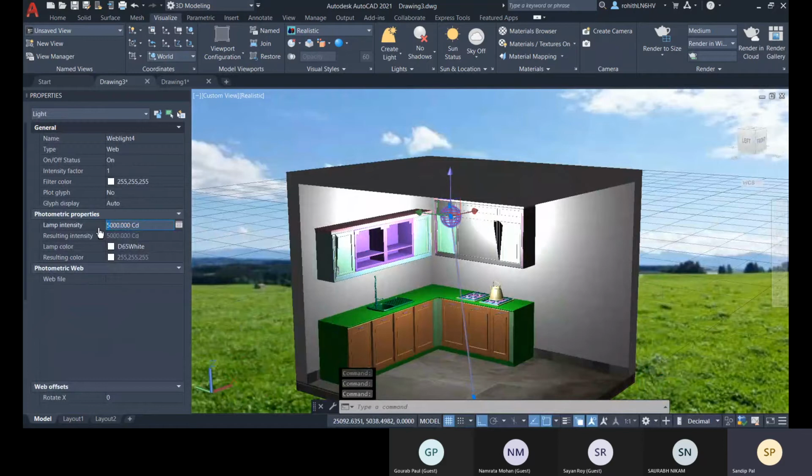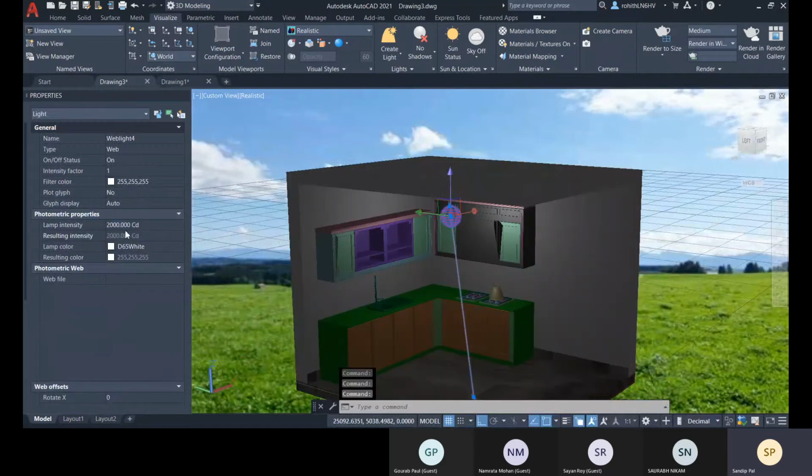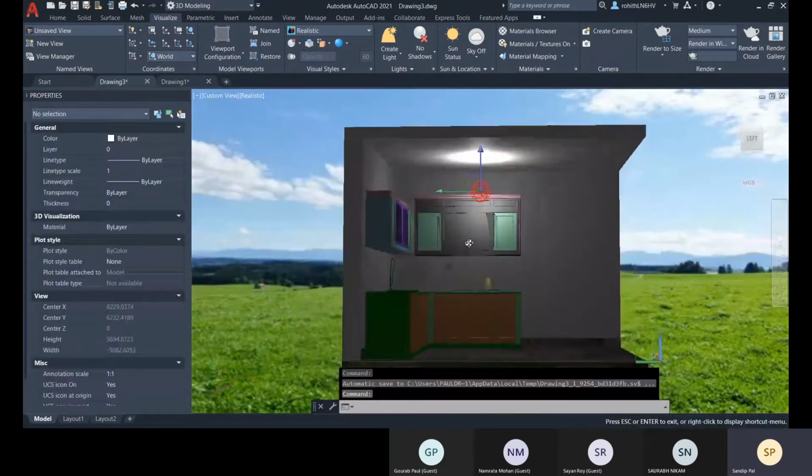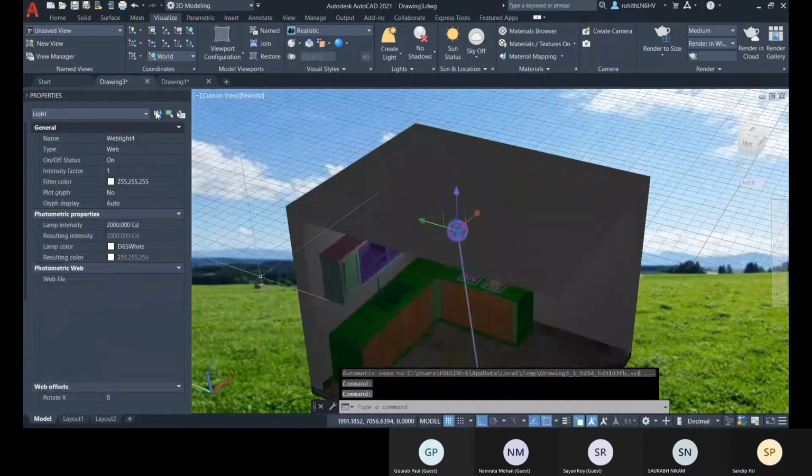So let me place with 2000, and we will place some more lights over there.